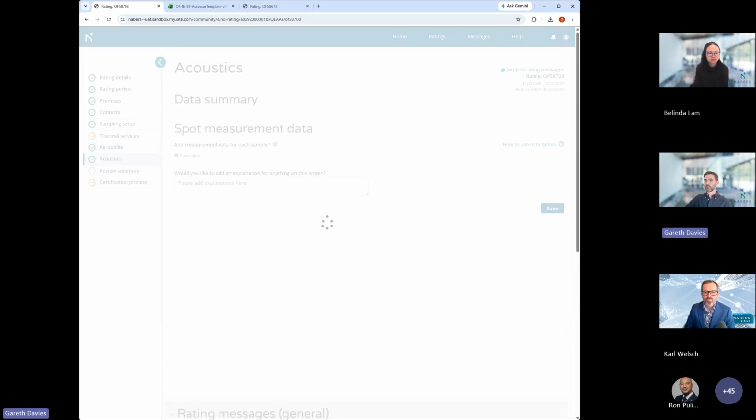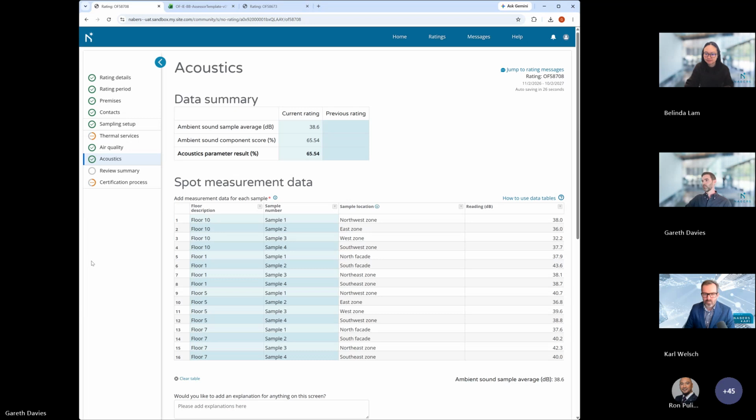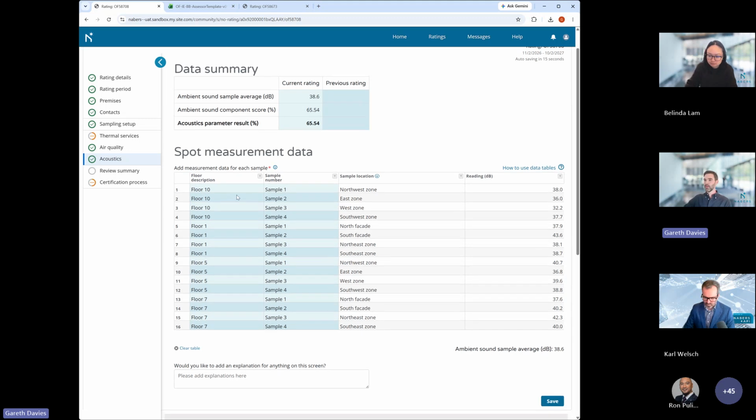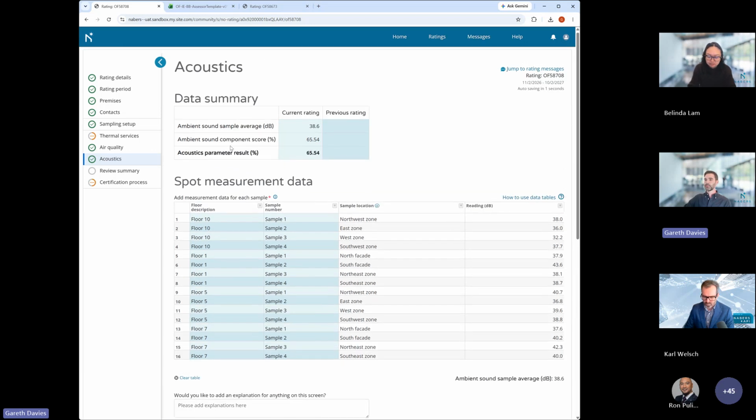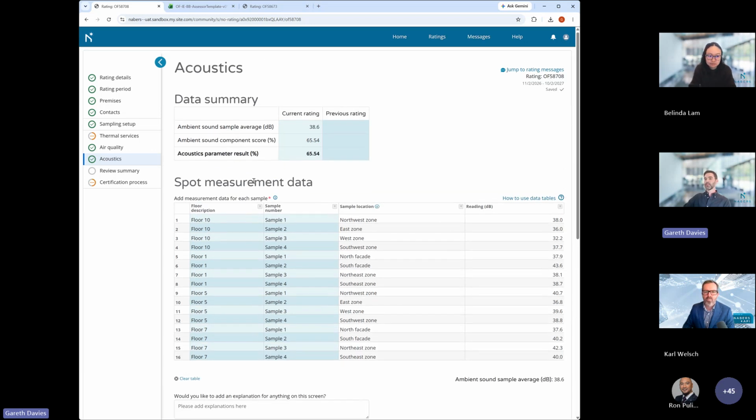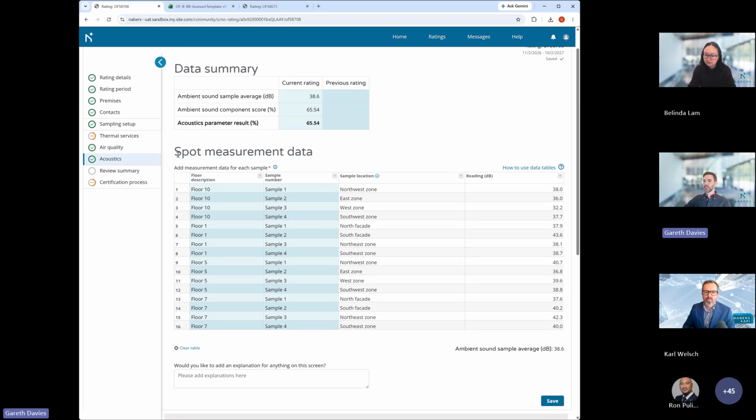Moving through to acoustics. For acoustics, we've aligned the layout again with the other parameter pages, except for acoustic not having both AM and PM samples. The table now follows a vertical format compared to horizontal in Rate. And we've also updated the labeling on this page to better align with the rules and industry terminology. So an example on this page would be where sound has been updated to ambient sound. And this is the last parameter page. And once you understand how one parameter page works, the others follow the same structure and are easy to navigate.